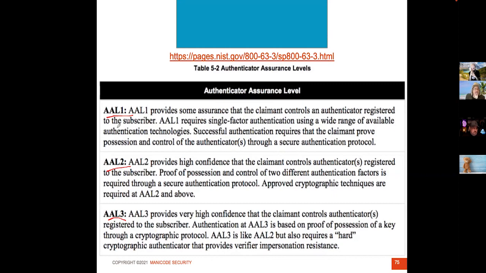I love it. AAL level 1, password. AAL level 2, that's multi-factor, SMS even. SMS is kind of weak. If you offer SMS multi-factor to be AAL level 2 compliant, NIST wants you to also have another stronger factor, like an app-level multi-factor challenge, because SMS has problems like SMS spoofing and similar. AAL level 3 is like a hard token, like a YubiKey or similar.